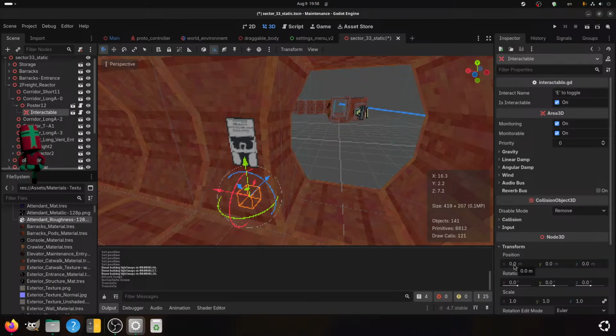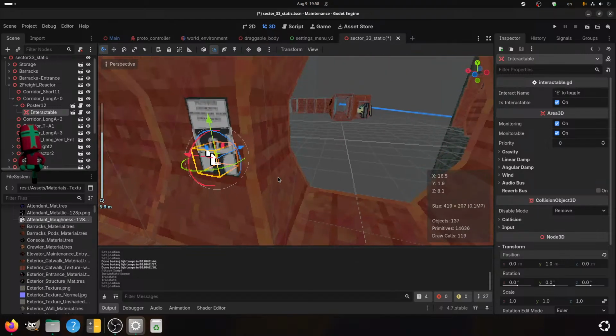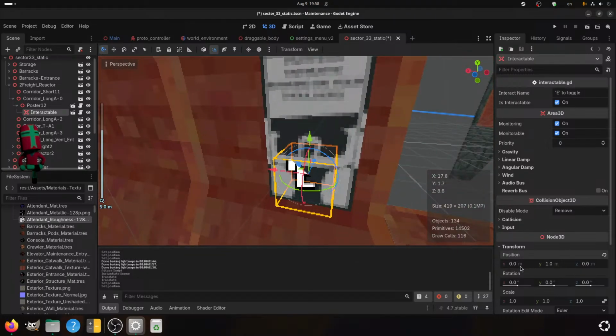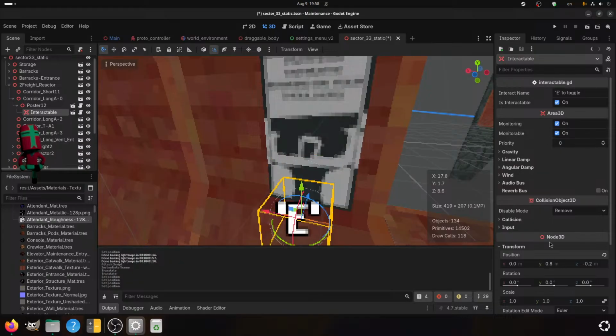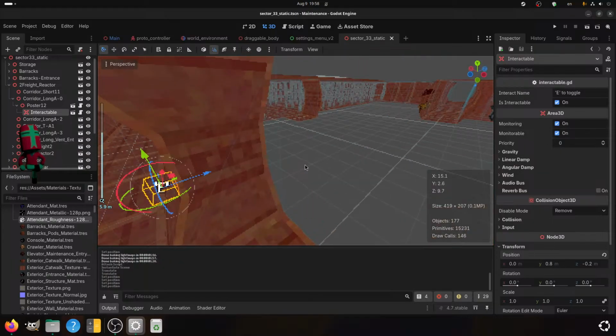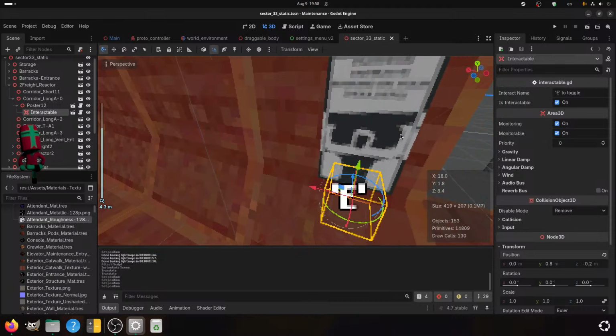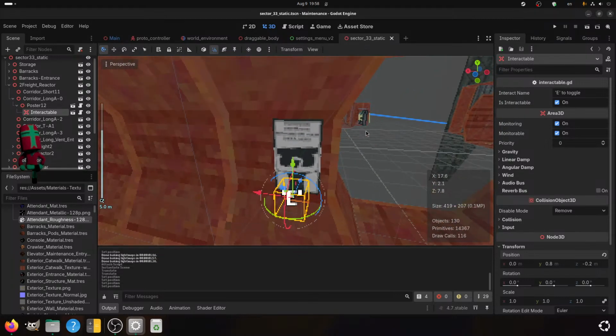When the player interacts with the poster, I want the poster to pop up on a higher resolution on their screen.